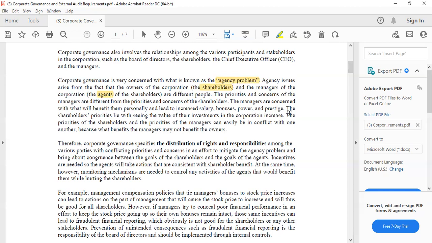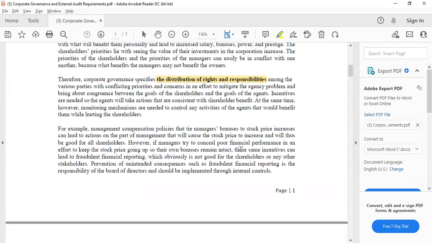So therefore, corporate governance specifies the distribution of rights and responsibilities among the various parties with conflicting priorities and concerns, in an effort to mitigate the agency problem and bring about congruence between the goals of the shareholders and the goals of the agents or the managers. So again, seeing that the priorities of both groups, the shareholders slash owners and the managers slash agents, are in conflict with each other, corporate governance comes into the picture in order to mitigate this so-called conflict, in order to